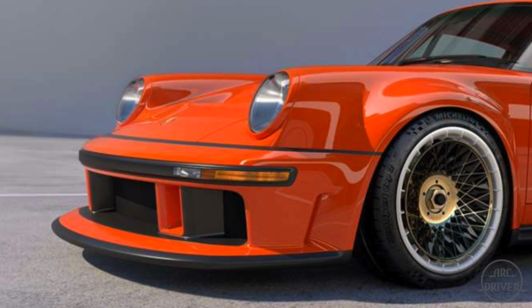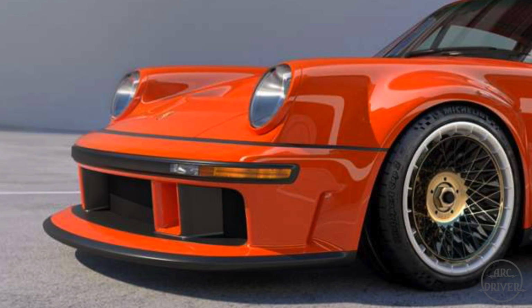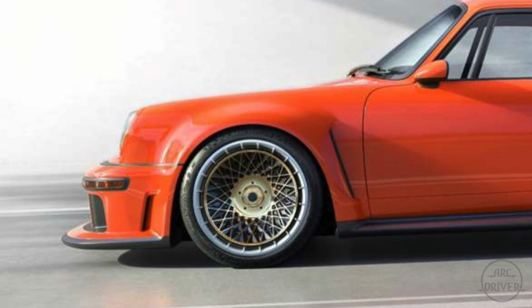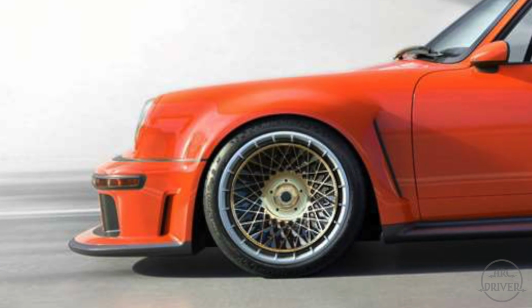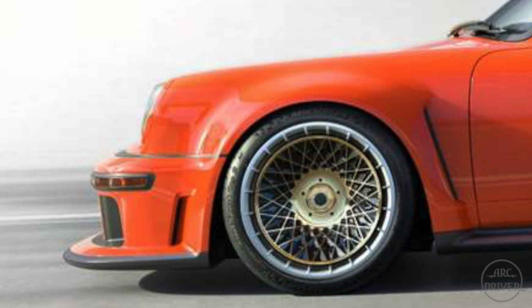Up front we see a 934 inspired fascia that is packed with 5 separate intakes that channel cool air into the radiators and front brakes, and jutting out from the bottom of the fascia is an incredibly deep splitter that increases downforce and helps to control the flow of air beneath the car. Towards the back of the fascia there is an extractor vent that utilizes air pressure to draw heat away from